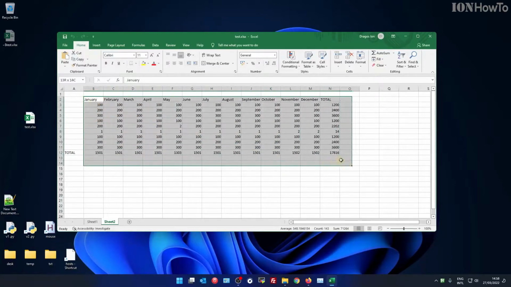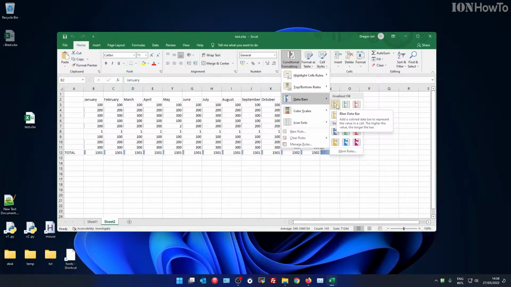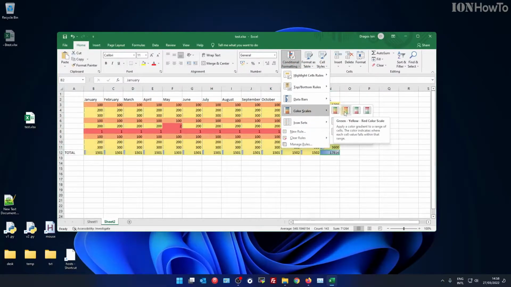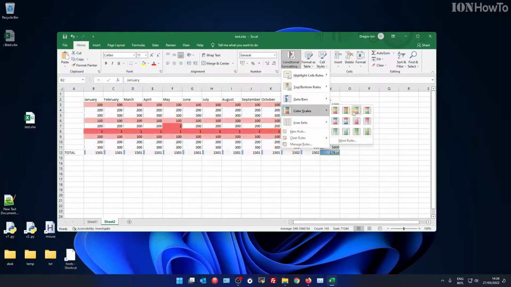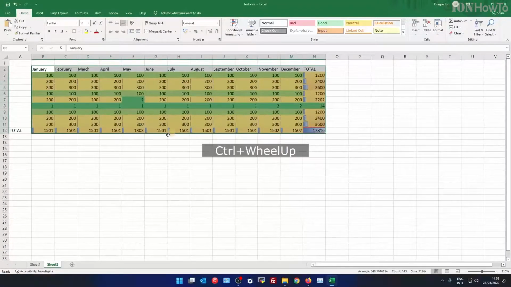In this video, I'll show you how you can use the conditional formatting options in Excel. This is Microsoft Excel 2019, but it works on Office Microsoft 365 and newer versions of Excel. How you do it is very easy. You go to the Home panel, you click on Conditional Formatting, and you can choose the style you want